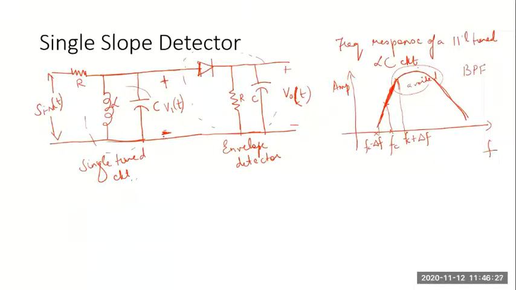Because please remember all these discriminators will be working on the principle of frequency discrimination, in the sense whenever the frequency of the signal changes, its amplitude should change. That is the logic behind a frequency discriminator. So if I should use the frequency discrimination technique, which is going to be used in this single and dual slope detector, I have to operate either in this rising slope or falling slope. Okay. So any one of them is okay.